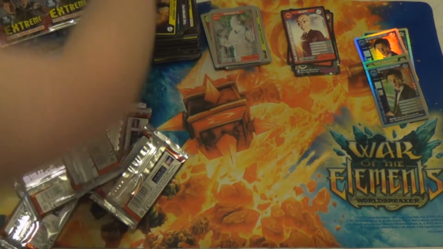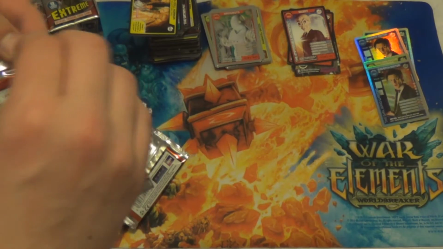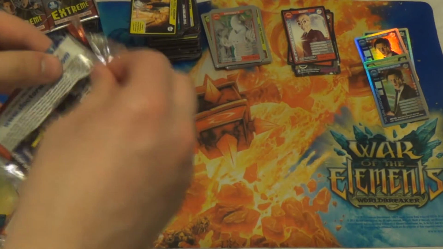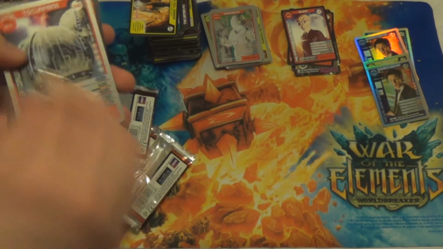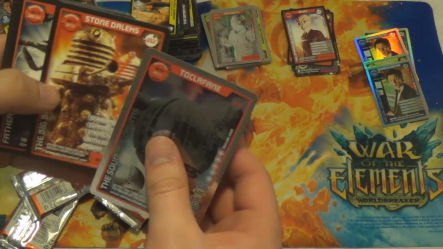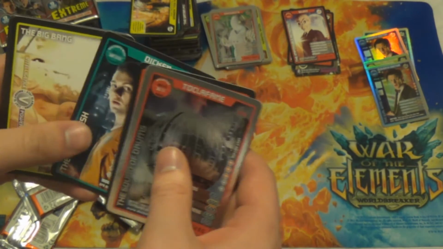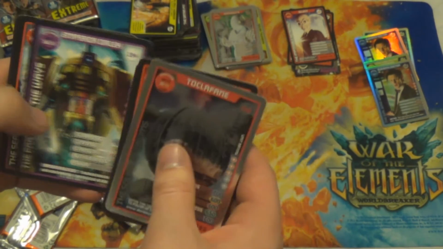Because Battles in Time I got into just because I was into the Doctor Who TV show, and I was into collecting, and I started off by collecting the 7-inch Doctor Who figures. Toclafane is our rare there. Oh, and another Stone Daleks, super rare. Those were really nice, but they take up obviously a lot of space,